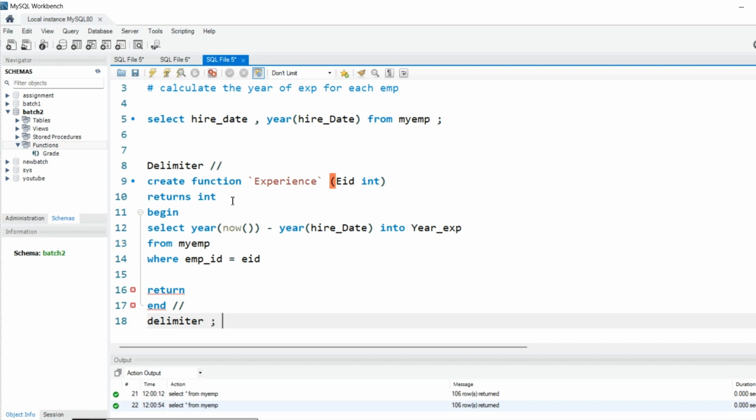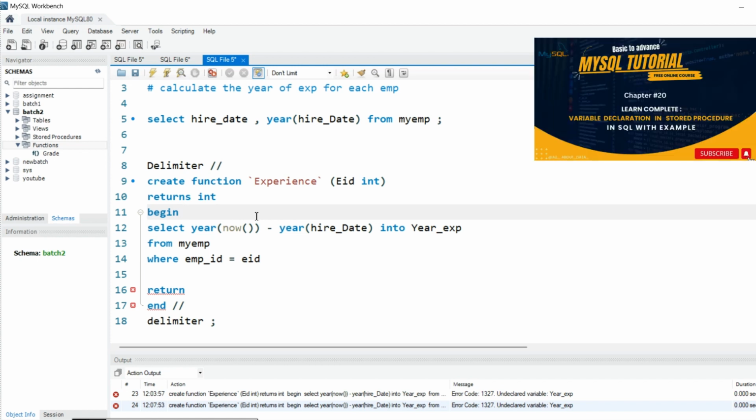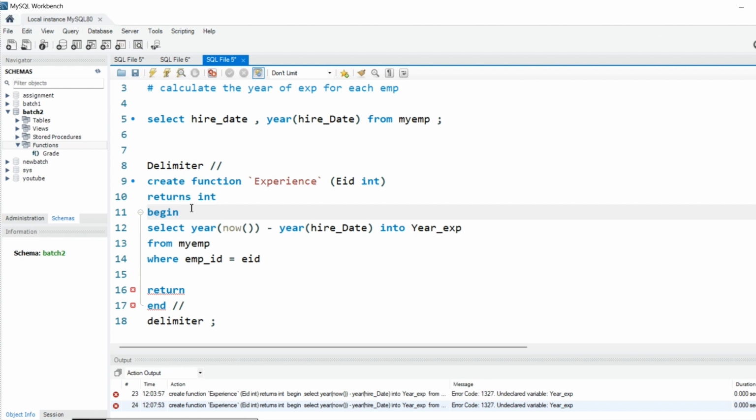This is how we usually write the function, but it throws an error a lot. Why is it throwing an error? Because as per the rule of SQL, you cannot take out any column from the select command. If you want to take it out, you have to declare a variable to take out your column. If you don't know how to declare variables, I have given a link in the I button, you can check it out from there. This is the same thing you have to do here.